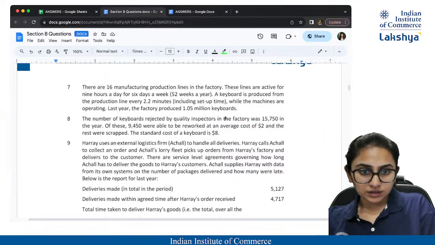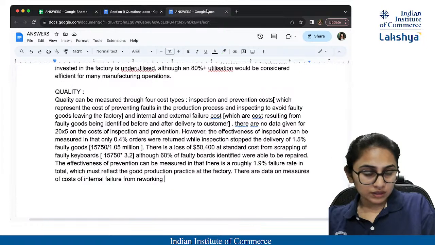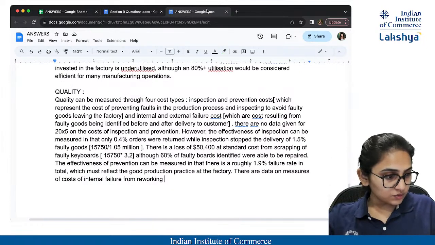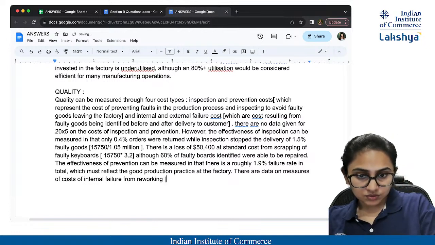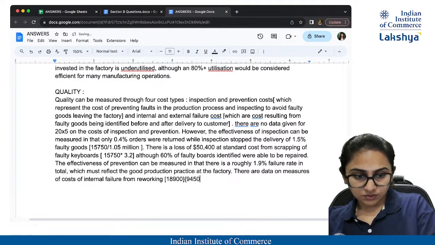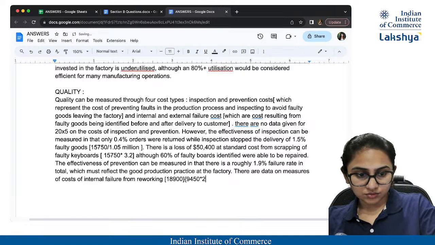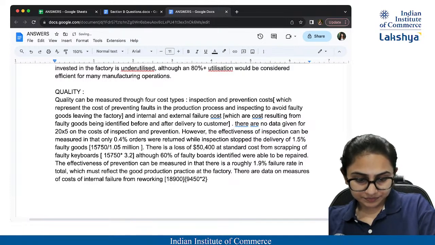Reworking average cost of 2. So 9450 into 2 will give you 18,900, which is 18,900, which is again 9450 into 2. Okay,